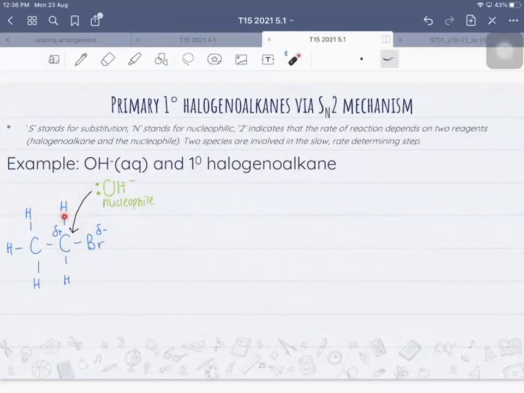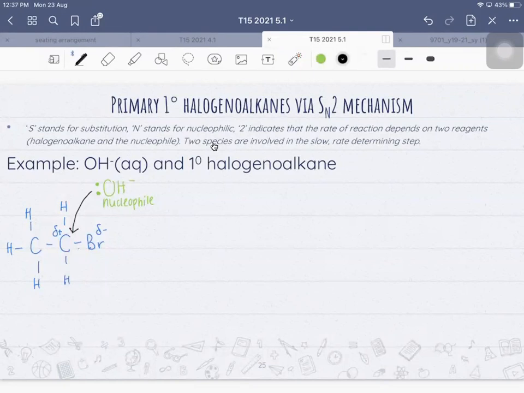If you look at the bonds around this carbon, there's a carbon-hydrogen, there's a carbon-carbon, and there's a carbon-bromine bond. So by right, it has to be the weakest bond to be broken. And the weakest bond among these 4 bonds that I've just highlighted is the C-Br bond. Okay, so the carbon-bromine bond will break